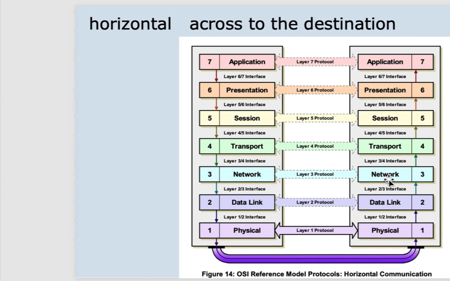And then the transport layer works with the transport layer on the other side to make sure that the data has been received and acknowledged properly. At the session and presentation layers, any conversation that needs to be set up and authenticated between the two application layers is taken care of. And then obviously at the application layer, for instance, in terms of a web browser, we're in contact with and conversing with the server application at the other end.